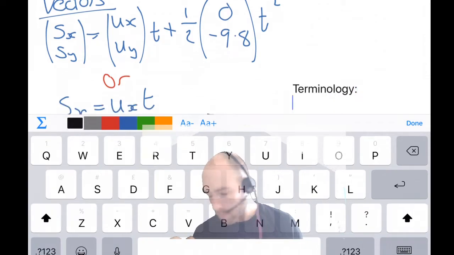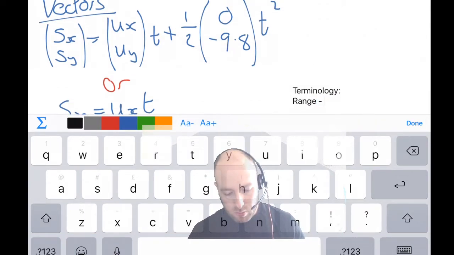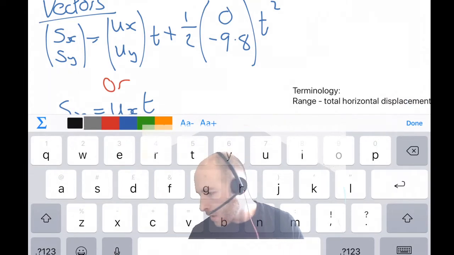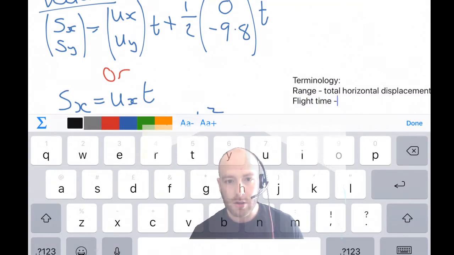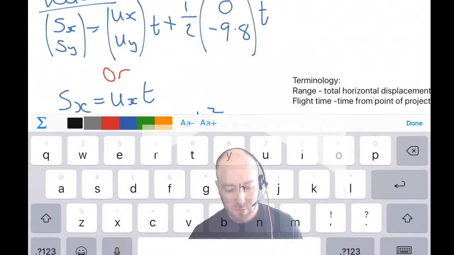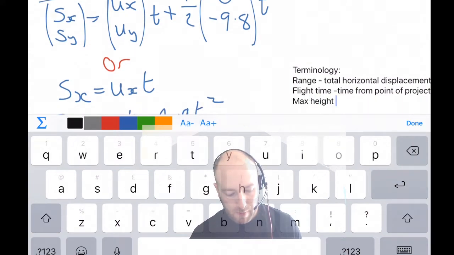Terminology. So our range is total horizontal displacement. Flight time is time from projection to the ground. And max height is the vertical displacement